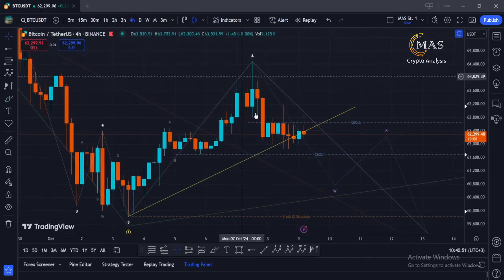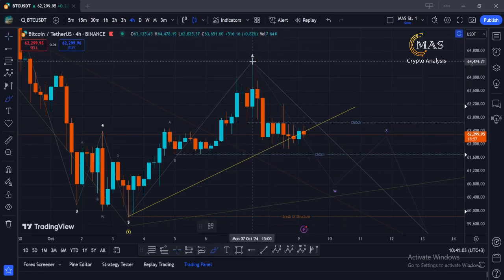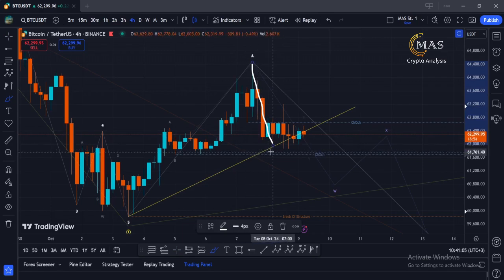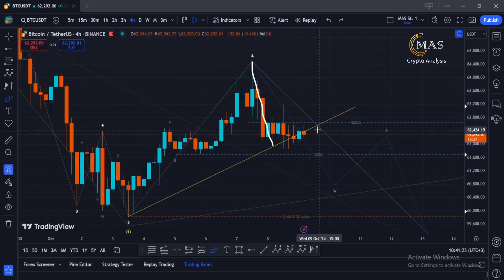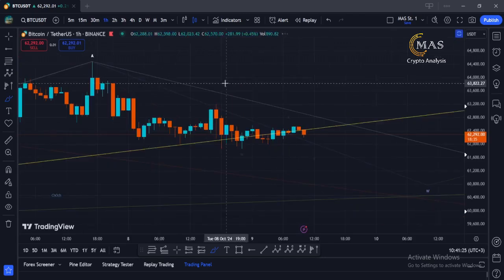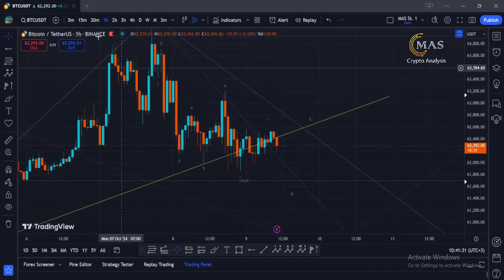And after reaching deeply down here with these red candles, I counted this as 5 waves in a small time frame, my friend. After ending this, I can count this as maybe micro W or micro A, and it started this A, B, C. Maybe we are still in this C. I have this A, and I need to go directly to the smaller time frames because I put this counting here, and then I will go for the bigger.